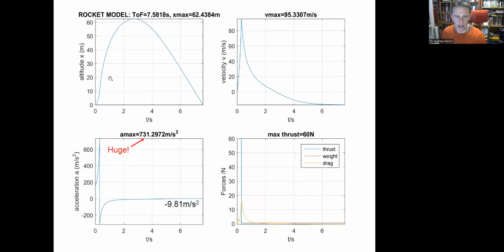So if I actually plot this, what we find is this particular rocket went to about 60 meters, which was very impressive. It was in the air for about 7.6 seconds. And you have a huge acceleration temporarily as it's just about running out of water. And then obviously it approaches g as it's falling. And then we've got our velocity, which increases to a whopping 95 meters per second after about a second, and then reduces considerably as it starts to move as a projectile.